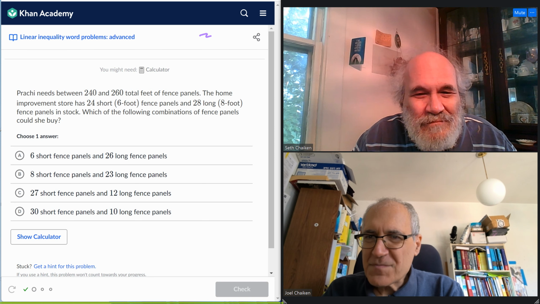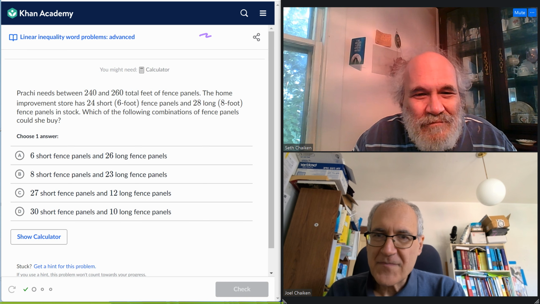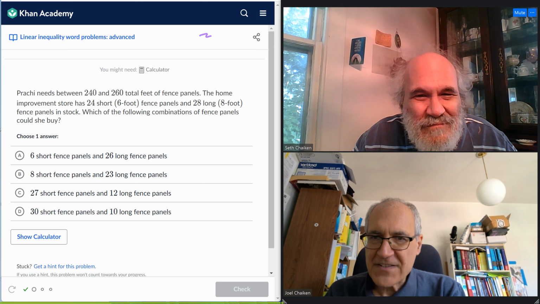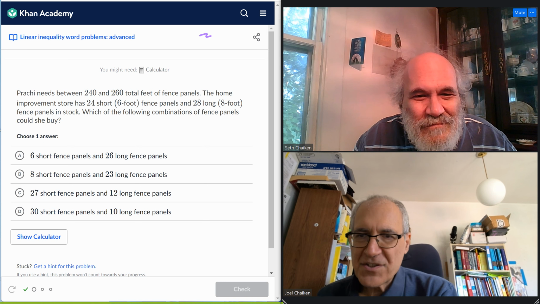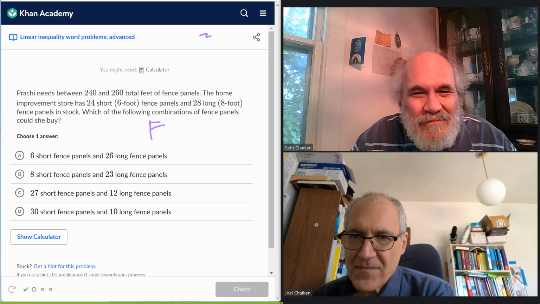This person needs between 200 and 260 total feet of fence panels. The home improvement store has 24 short 6-foot fence panels and 28 long 8-foot fence panels in stock. Which of the following combinations of fence panels should she buy? And she needs between